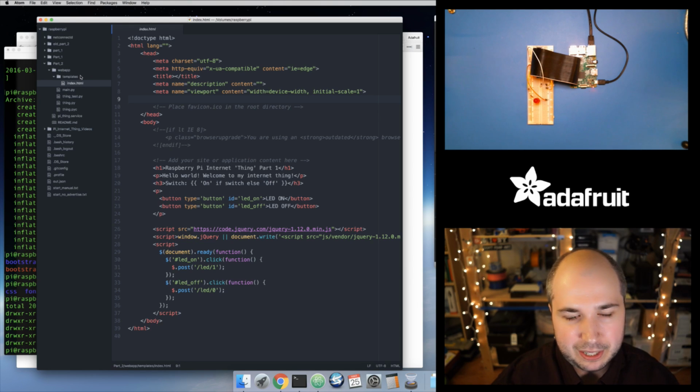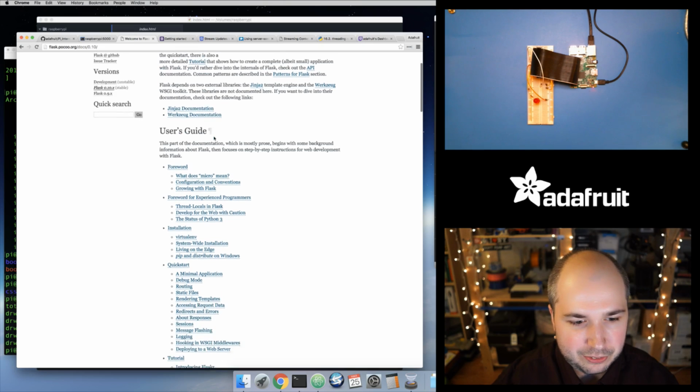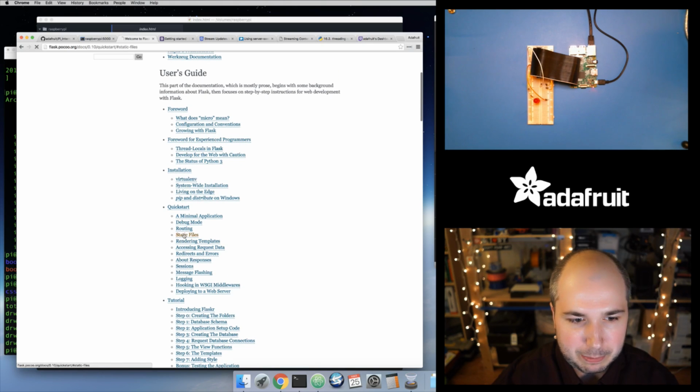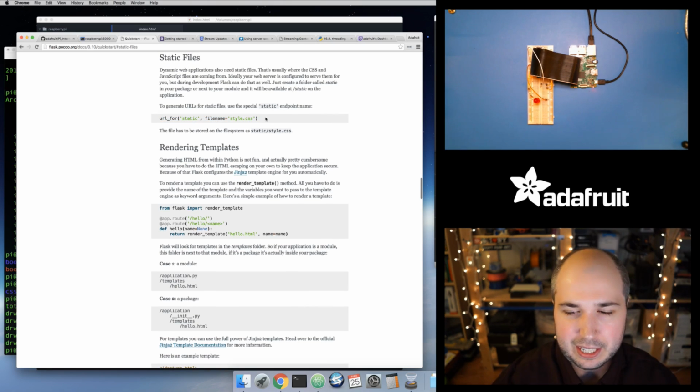So Flask actually has a concept of static data, and if you go to their web page, it's actually in the quick start. They talk about static files here. So real simple, easy kind of convention. You create a static folder right next to your template folder. You can put anything inside of there, and then you can use this URL for static kind of syntax here,